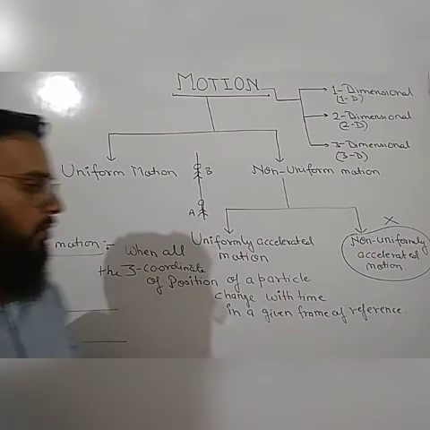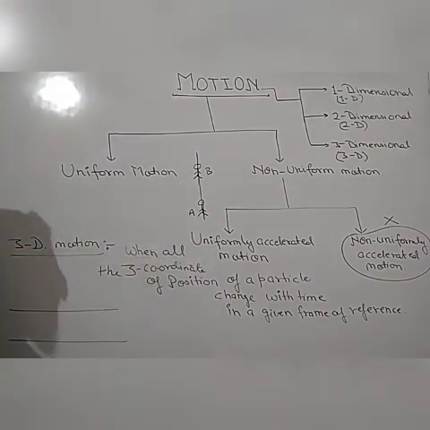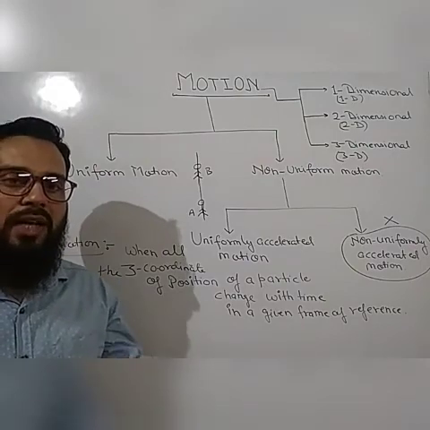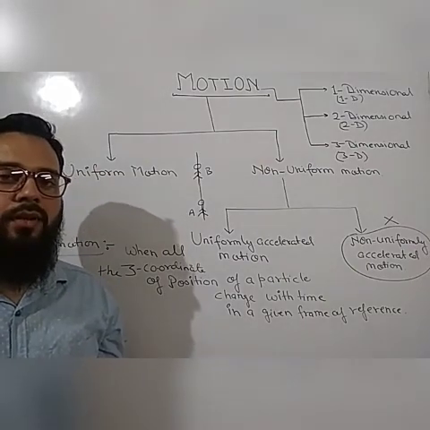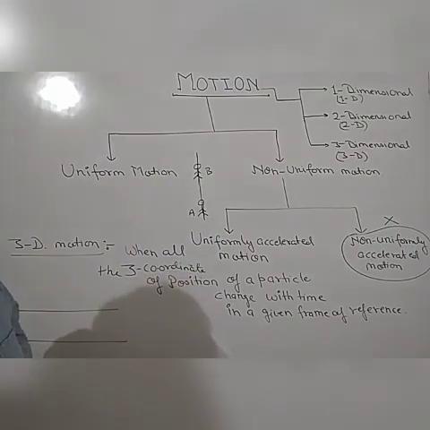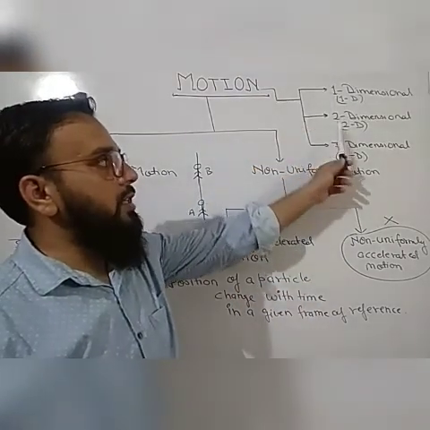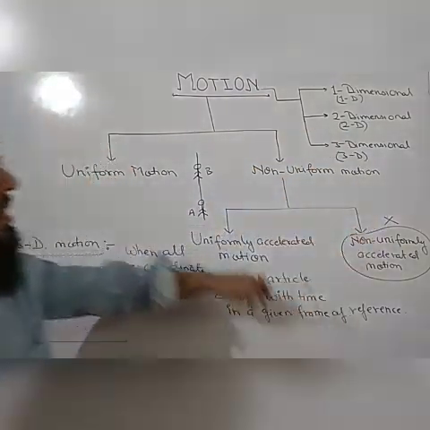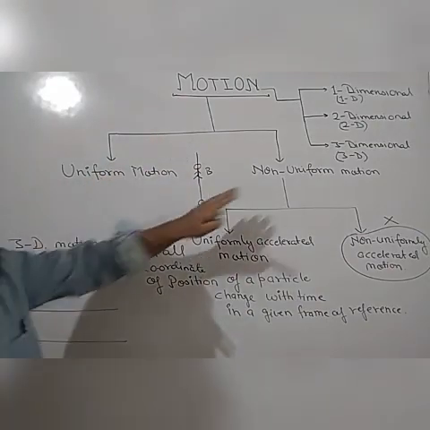Okay, so you have to note down the definition with an example also. So the motion of an aeroplane may show one-dimensional, two-dimensional and three-dimensional motion. Okay, so we have discussed all the three types of motion, 1D, 2D and 3D. Now in the next class we will start discussing uniform and non-uniform motion.